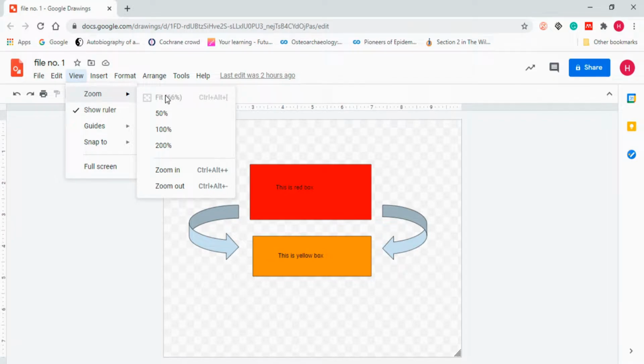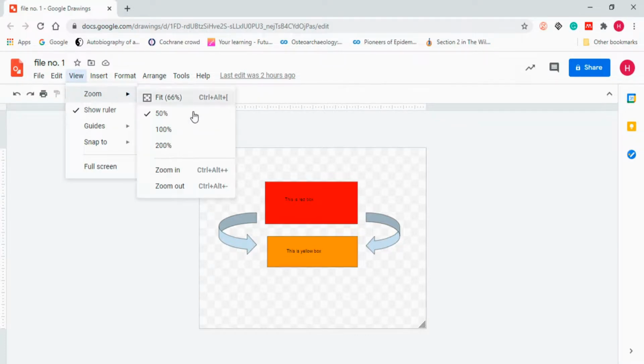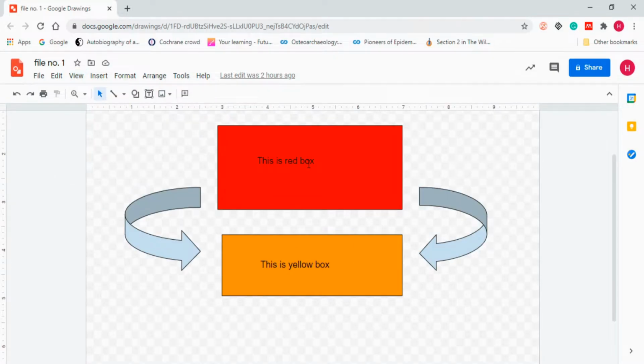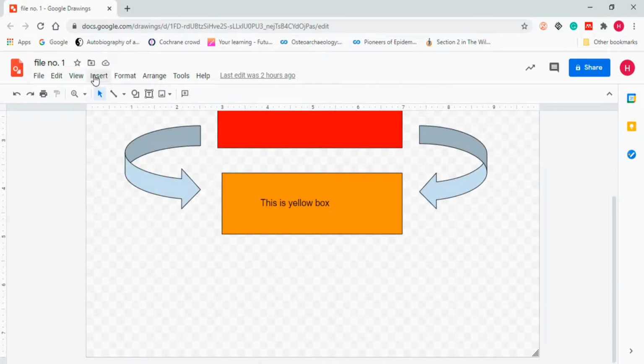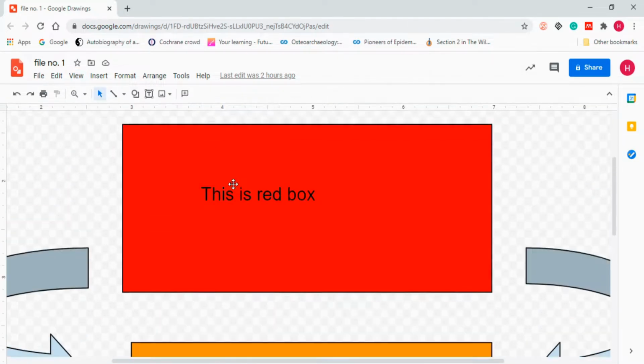What is zoom? Currently it is fit at 66% zoom. Now if I make it 50%, you will see it zoomed out. If I want to go with 100%, you will be able to see something like this. If you want to go with 200%, you can go like this.